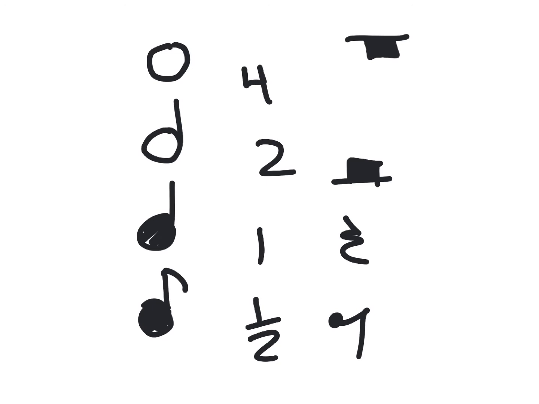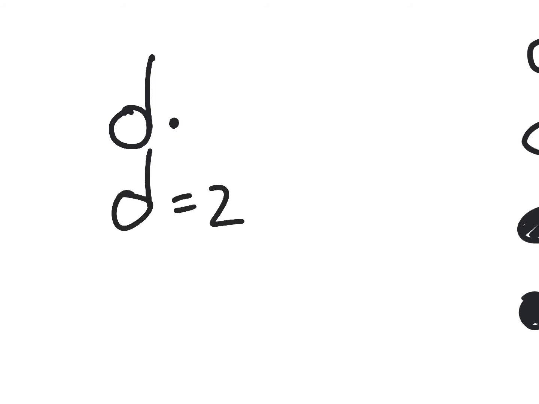So I'm going to make those go away for a second. And then I'm going to draw what we're talking about. So for instance, the dotted half note. Now normally we know that just a regular half note is 2. And sometimes you can say that these split up into 2 tas, or 2 quarter notes, which is why it's 2 beats. That's accurate. But when you have the dot,